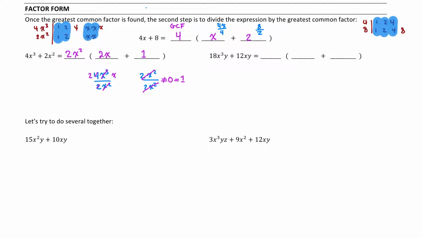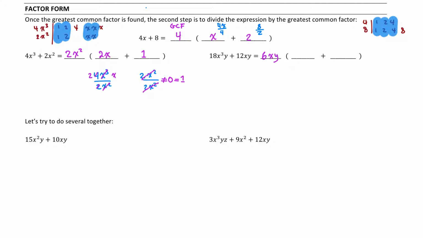For the next question, we're going to follow the same steps. 18 and 12, we had found the greatest common factor between those values before. It was 6. X cubed and x, both terms have the x, so I'm going to leave the x in here. The lowest exponents between them, this one has an exponent of 3, this one has an exponent of 1, so the lowest one is x. And both of them share the y,